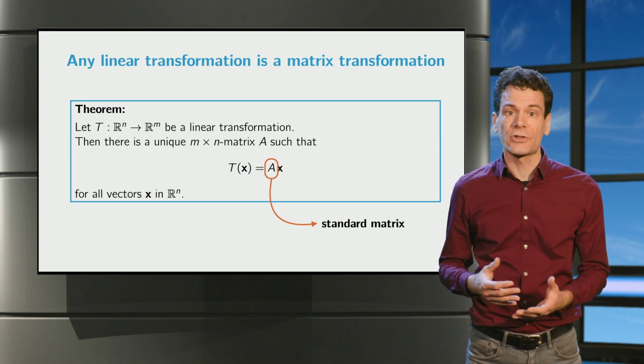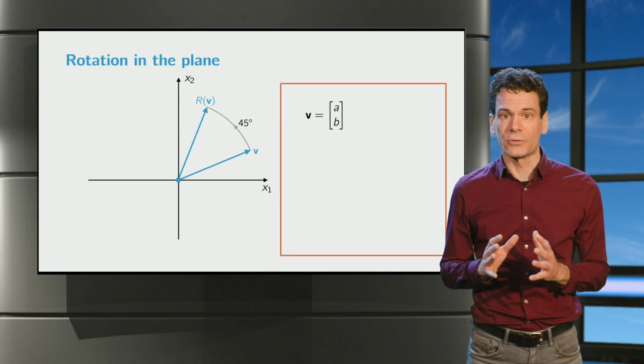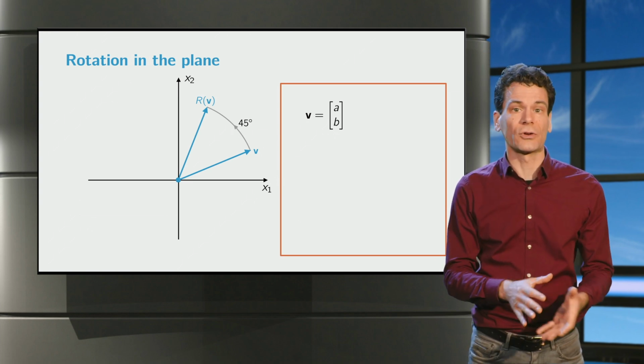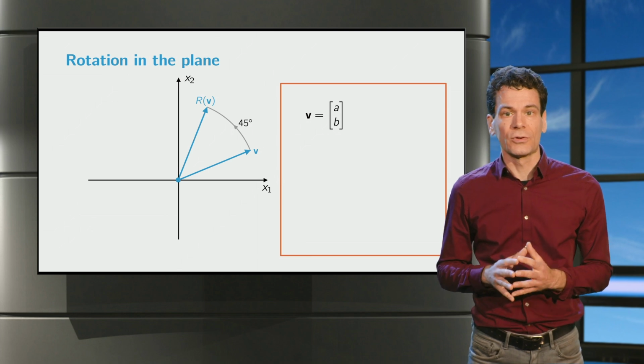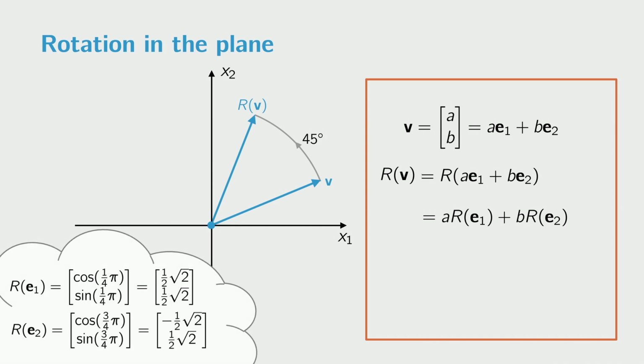Let me show you how this works by looking at an example that we saw in an earlier video. Suppose you want to rotate a vector v with components a, b by 45 degrees counterclockwise. The trick is to write v as a linear combination of the standard unit vectors. Then R of v is equal to R of a times e1 plus b times e2. And because R is a linear transformation, this is equal to a times R of e1 plus b times R of e2. The rotations of e1 and e2 are easy to find, so we get an expression for the rotation